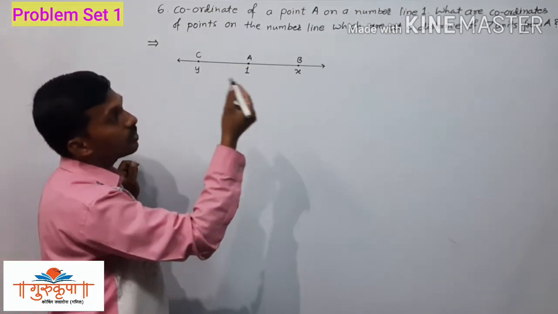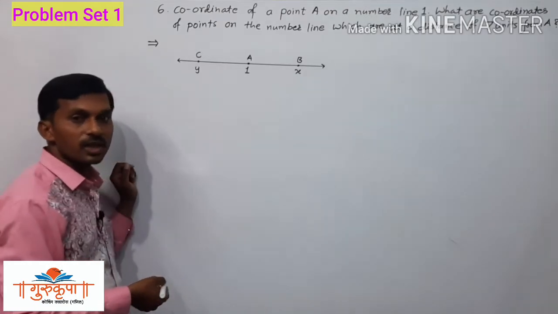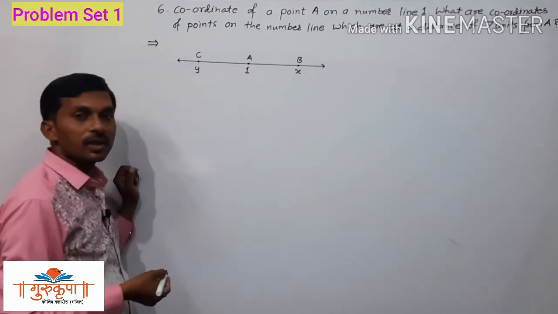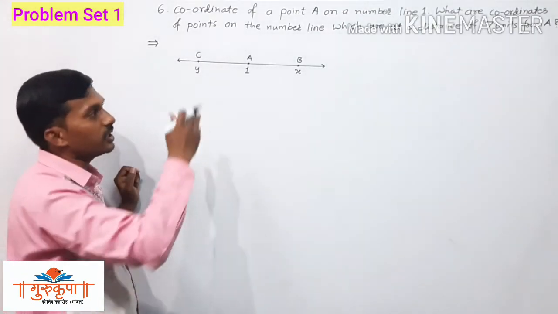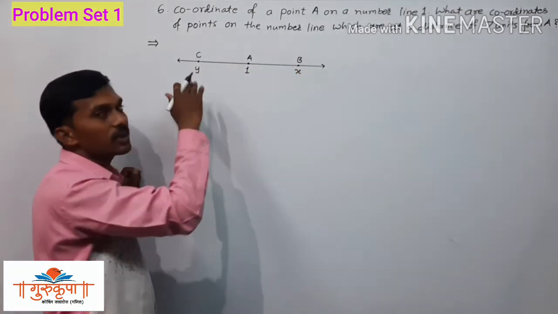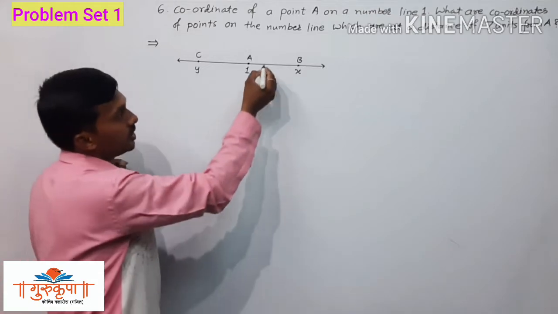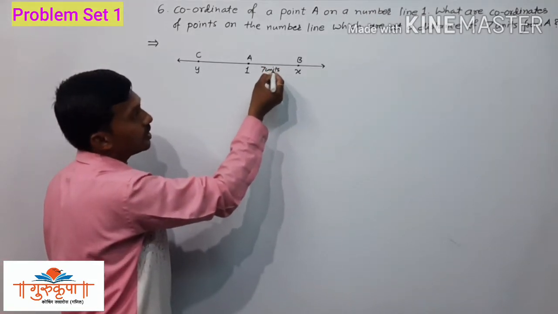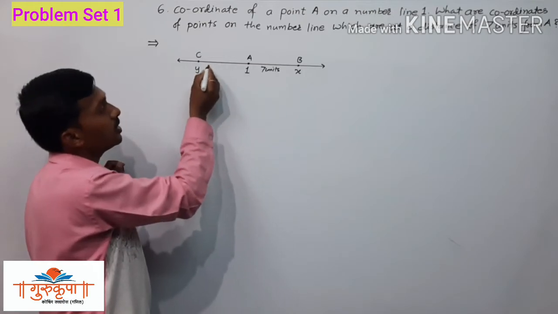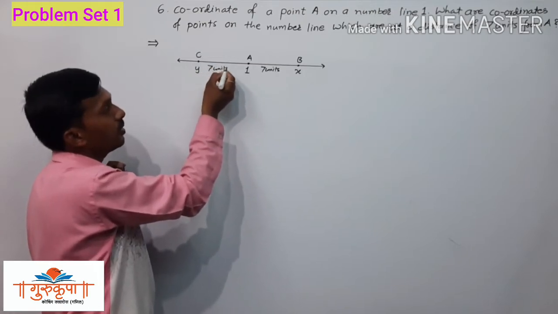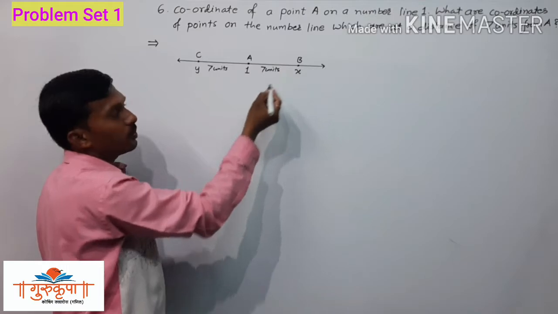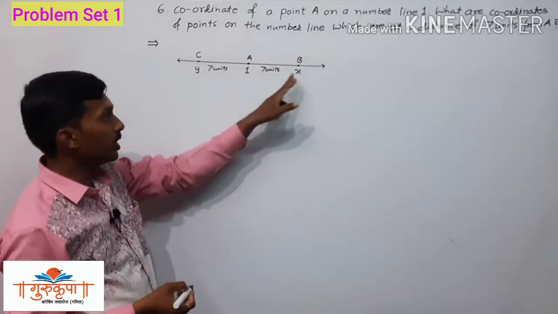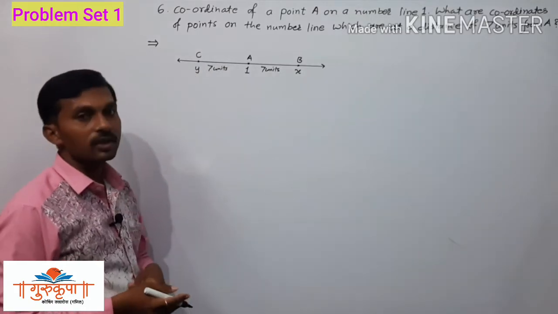And we have to find the coordinates of the points which are at a distance of 7 units from the point A. Here we can get maximum 2 points. One is at the right side and one is at the left side of the given point. And see, this distance is given 7 units. Distance AB is given 7 units. Here distance AC is also given 7 units. We consider that the coordinate of the point B is x and coordinate of the point C is y. So here we have to find the values of x and y.